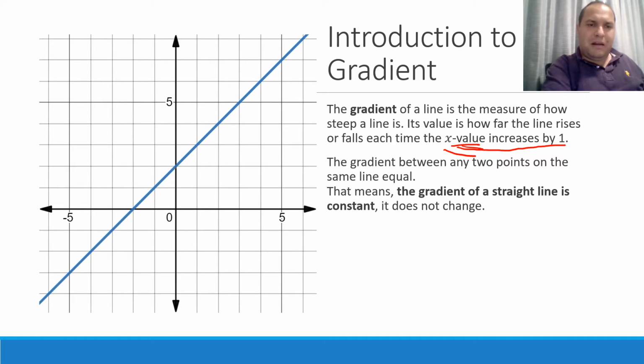So, for our line here, let's look at this point here. If our x value goes up by 1, if we move 1 square right, our line rises by 1 square. So in this case, for this line we've got here, the gradient